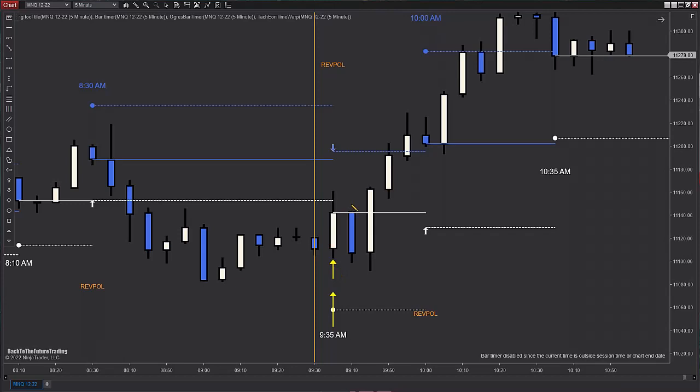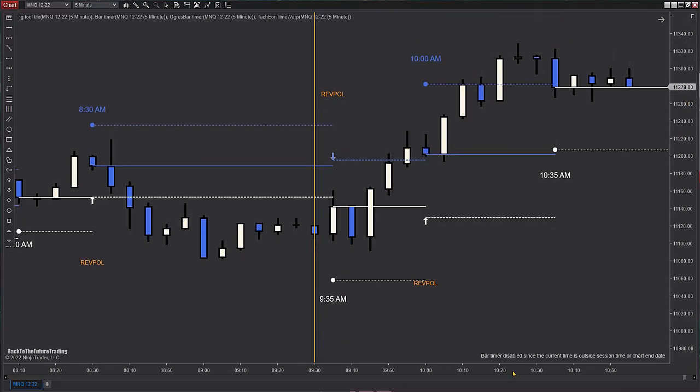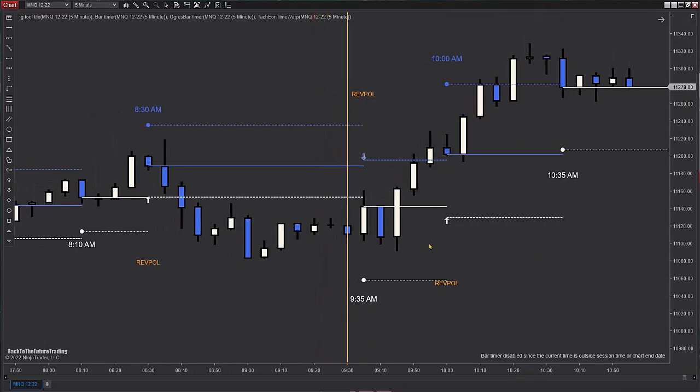And then the next bar closes in the opposite direction. This is a sell bar. So this bar is supposed to confirm the rev poll. But being the beginning of the day, they just didn't want to do it. They did not. Who knows what they were doing. Anyway, we're just going to back test the ones that have the rev poll on there. Hopefully that makes sense to everybody.